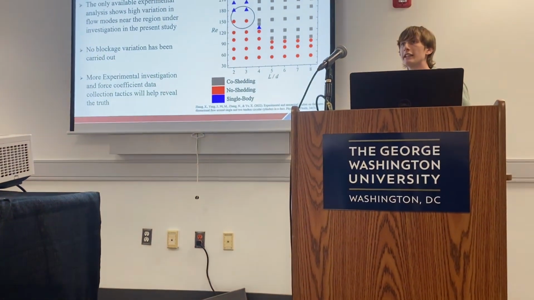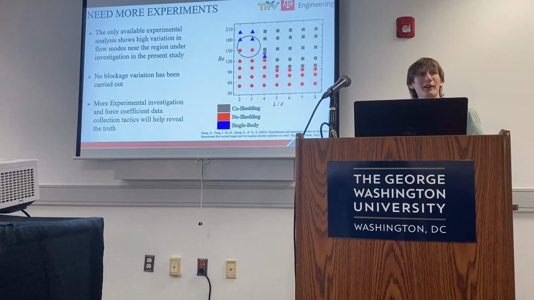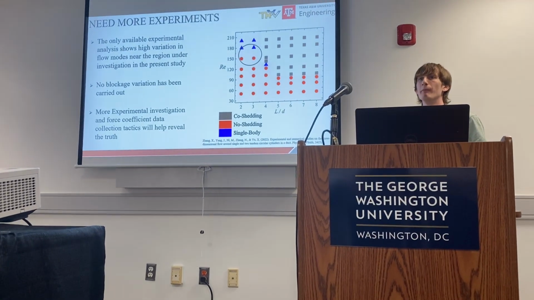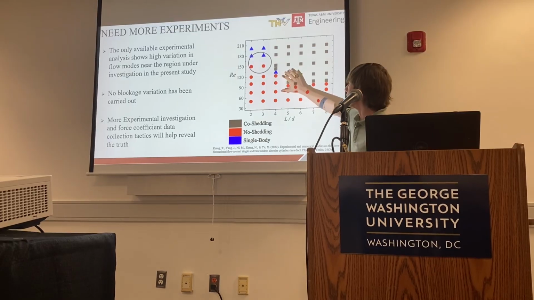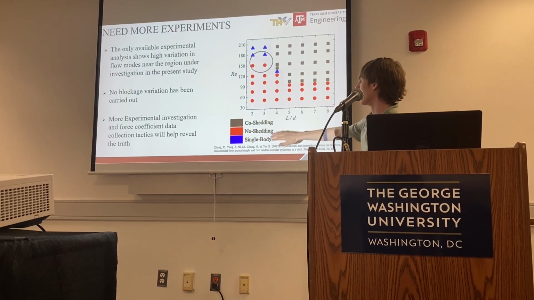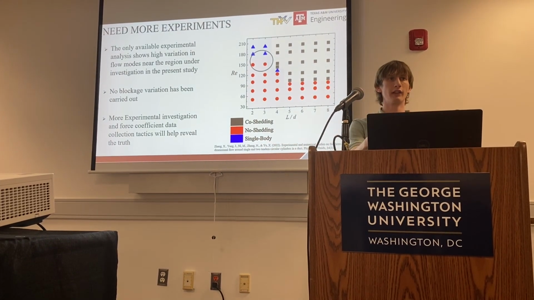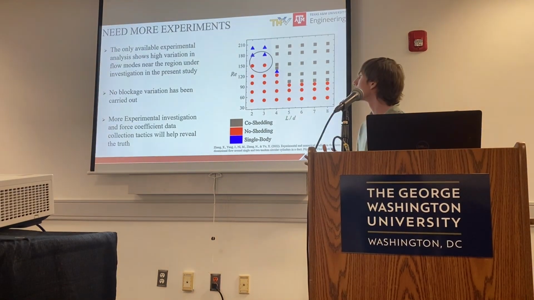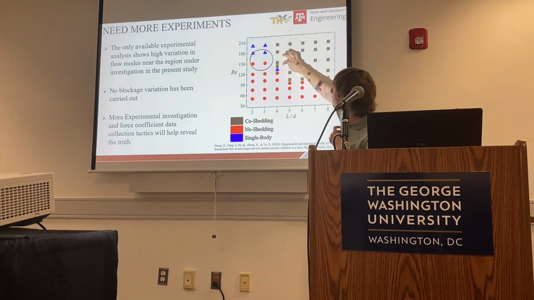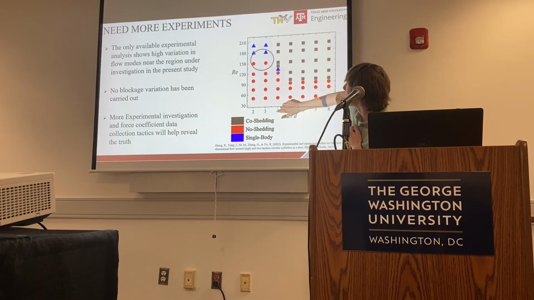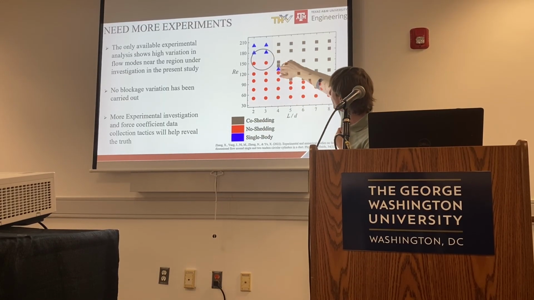Again, this is the one experimental comparison. They didn't collect any data like about their Strouhal number or the forces, but they do show the shedding or the modes of flow. Again, this single body regime where the first cylinder isn't shedding, only the second cylinder is, in blue, the blue triangles. And so we see in this region, my 150 Reynolds number at my 4 diameter pitch, there's a very